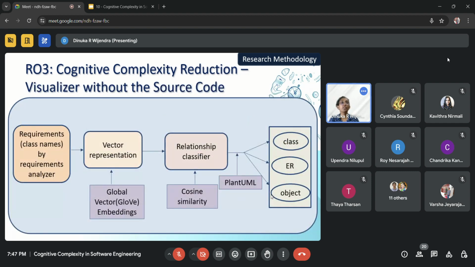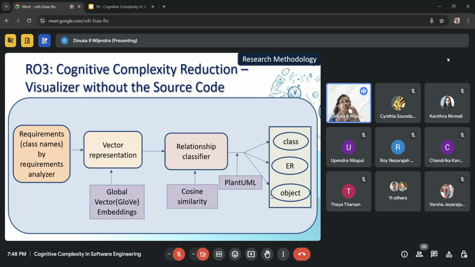Then under the visualization, before the source code, I gave the user an idea that this kind of logic has to be there inside the source code. From the earlier step, I have generated the classes, and I analyzed the relationships between them using cosine similarities.